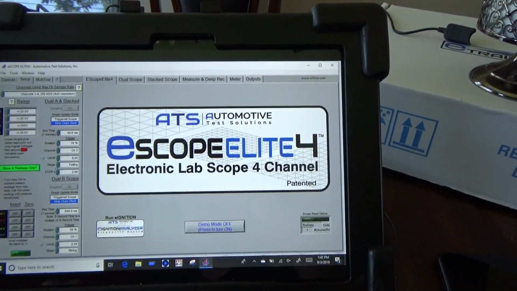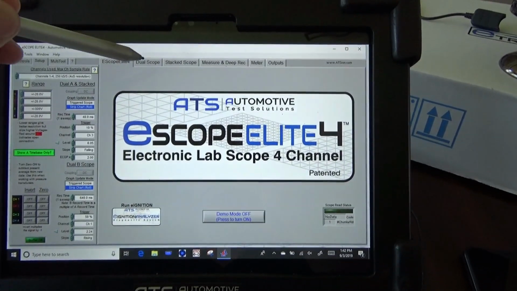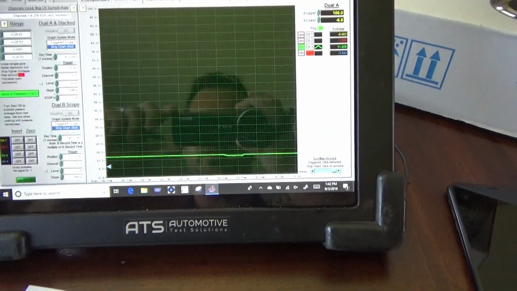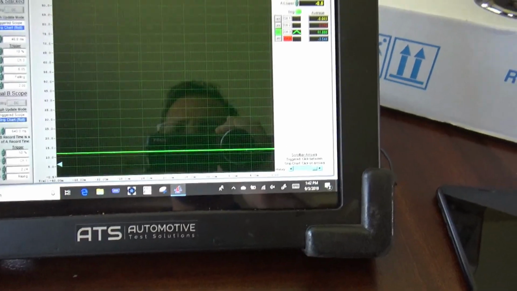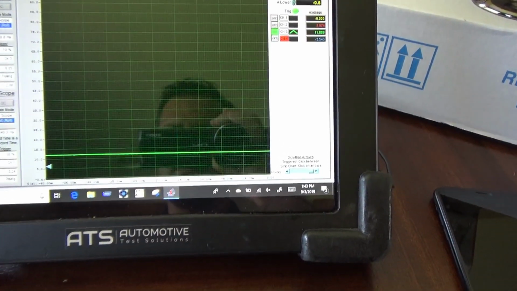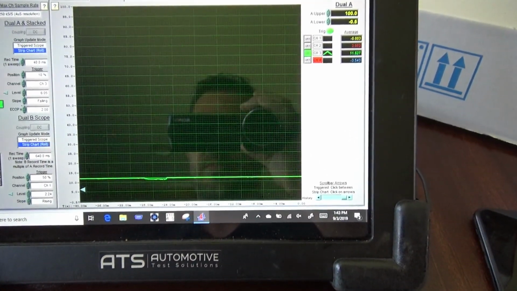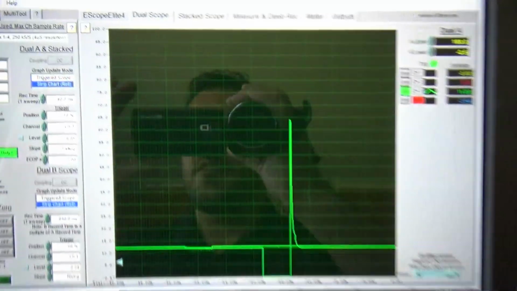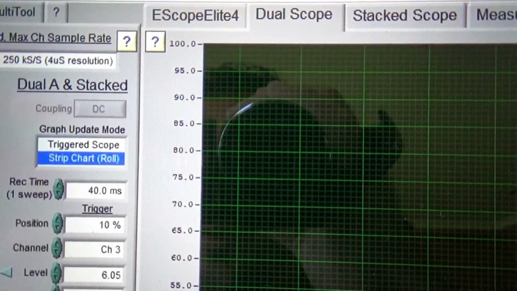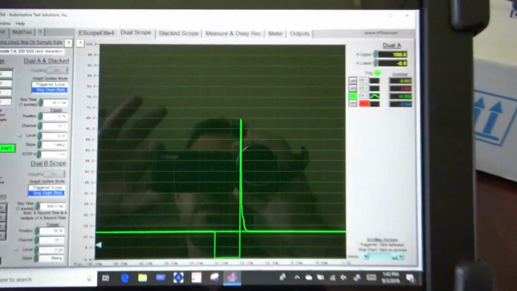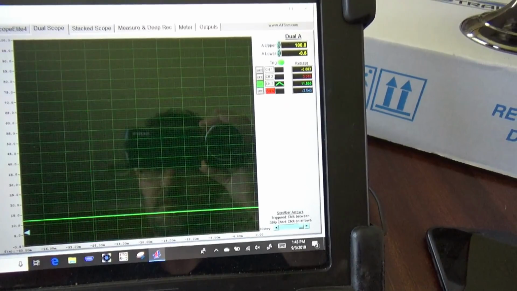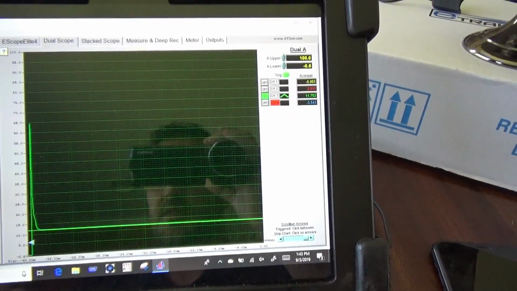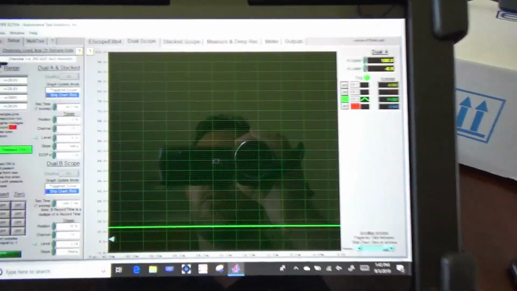More importantly, if we come over to the Labscope, we can see that the fuel injector is being driven and it appears to oscillate across the scope screen at random. This is because we are in a strip chart or roll mode, sampling data at will. However, if I switch over to a triggered scope mode,